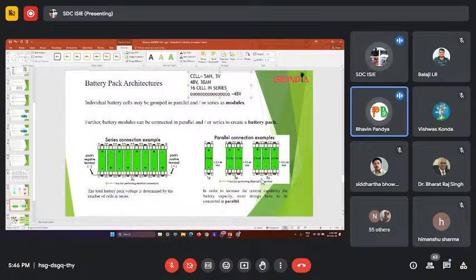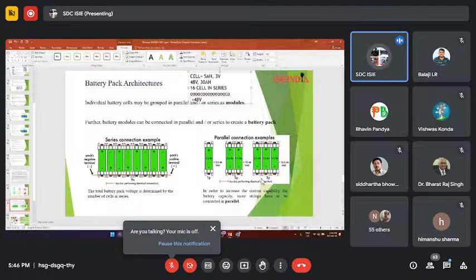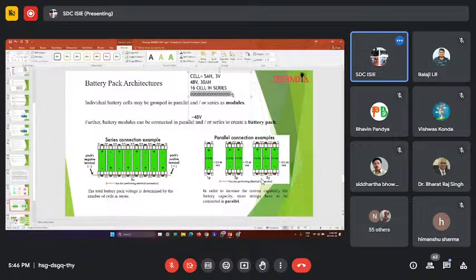So here, 6 cells in parallel. Here I will need to connect the 6 cells, 6 strings, right? 6 strings, not 6 cells, 6 strings. So see, this is one string, okay? So what I will do, I will connect